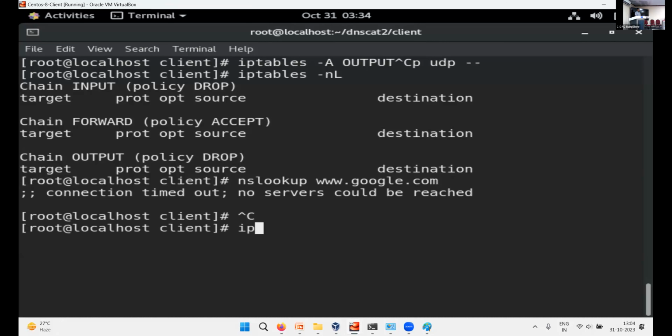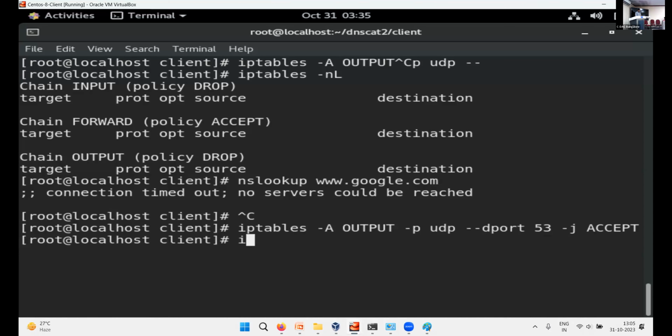Now I will add a firewall rule in iptables. For outgoing connections, DNS you allow. So I'll say iptables -A OUTPUT, then -p udp, since DNS uses UDP, and then --dport 53. DNS uses UDP port number 53, so outgoing port 53 is allowed now, -j ACCEPT. So this is one rule I added, which says that outgoing DNS queries will be allowed. I'll press enter, so this rule is added.